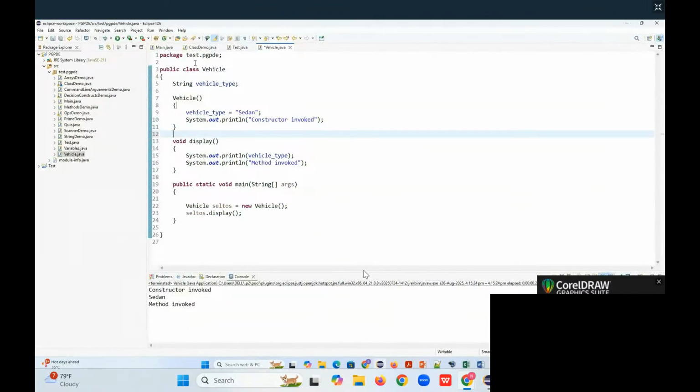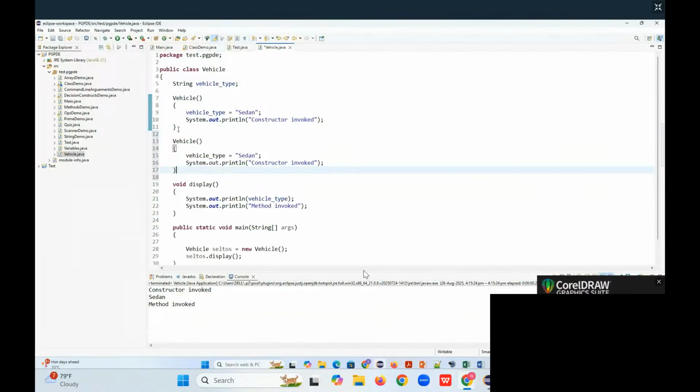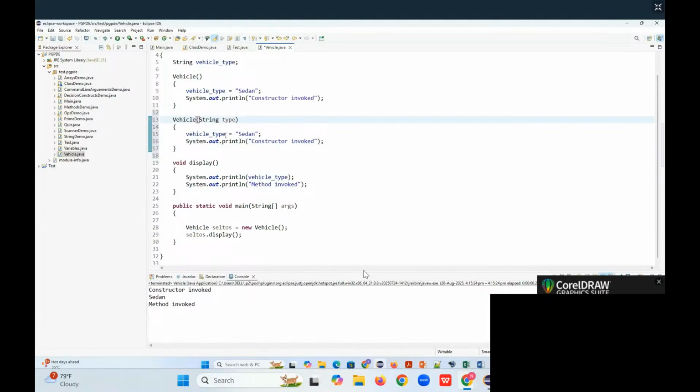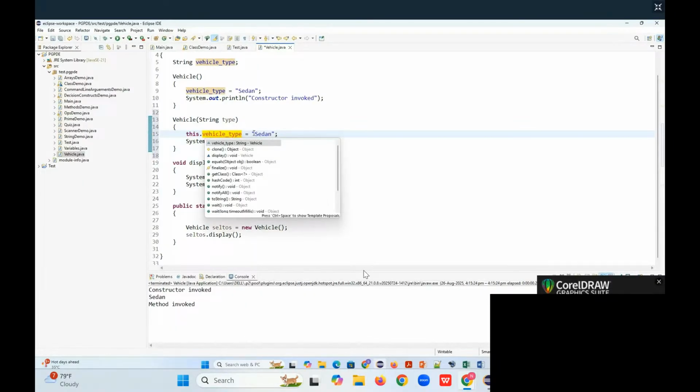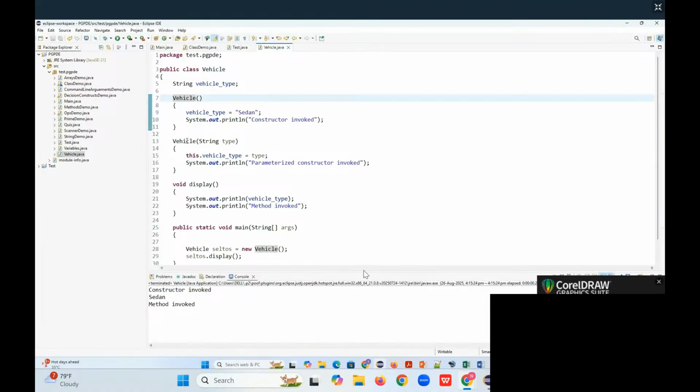So this one is a constructor. We can have another constructor. Here I will take string type and this.vehicleType equals type. Okay, so see here we are having two different constructors inside the same class Vehicle, but you see the method